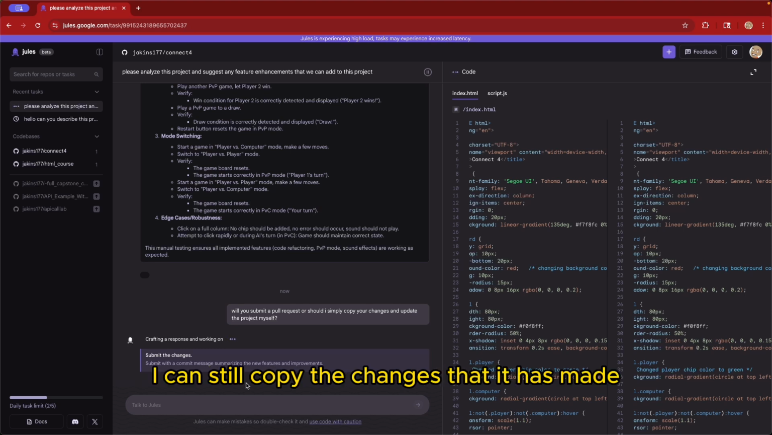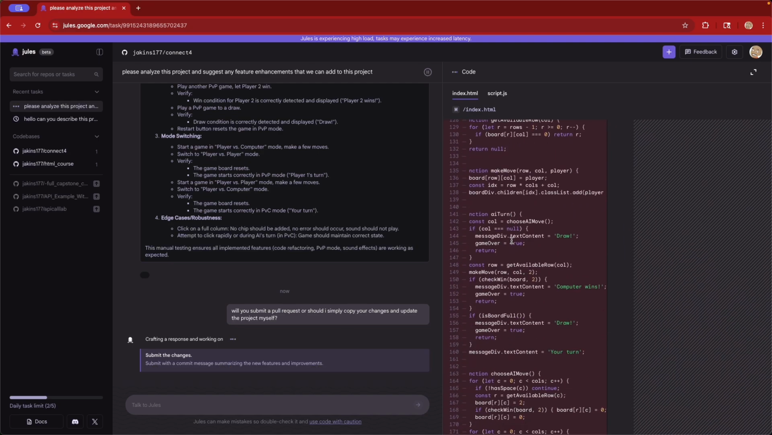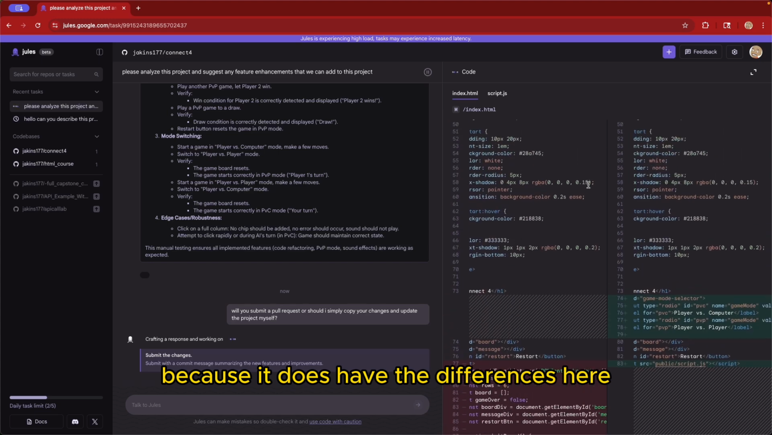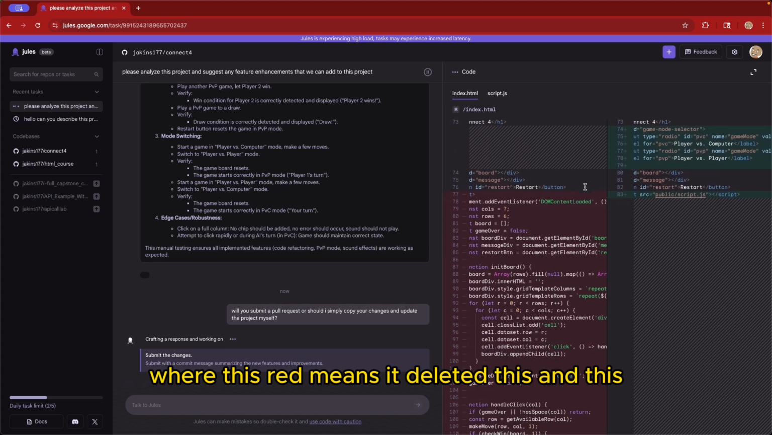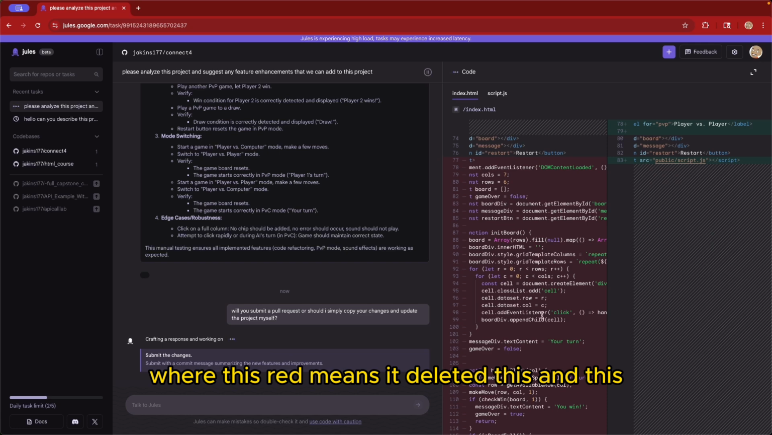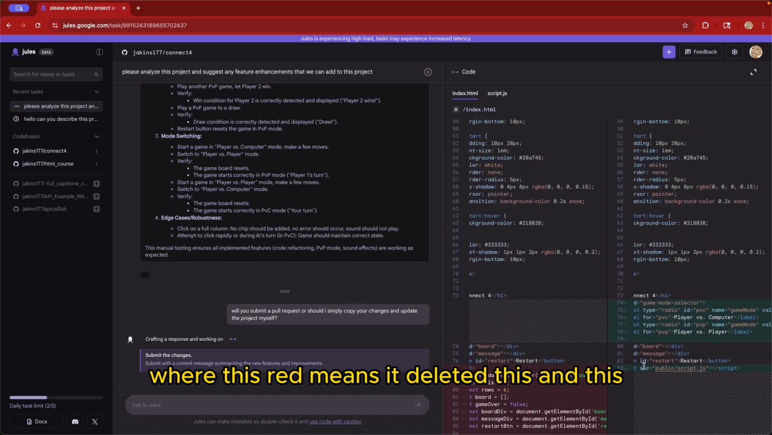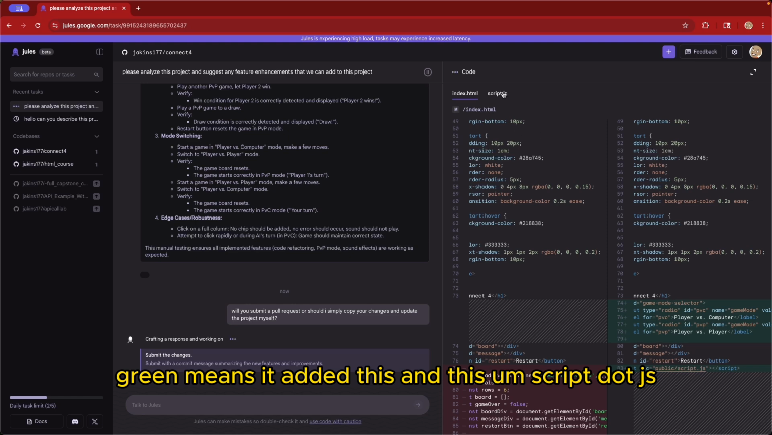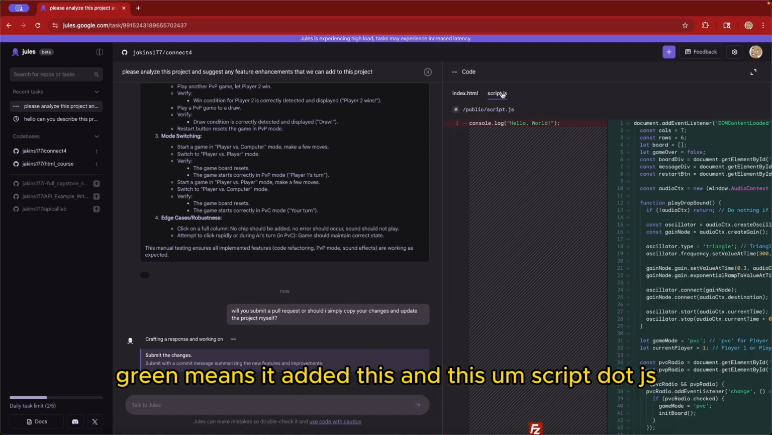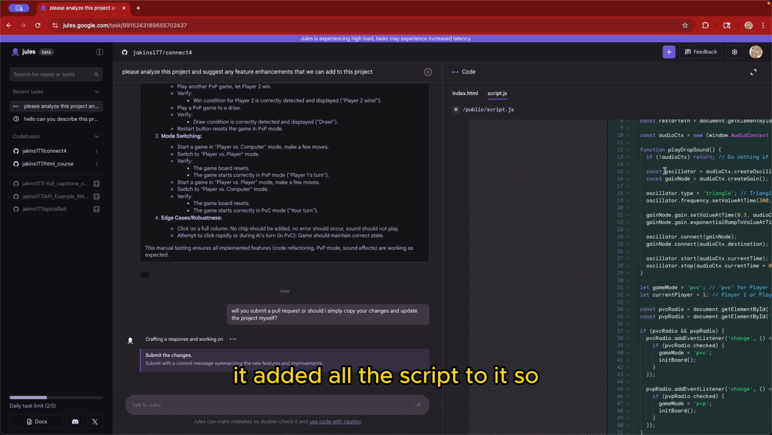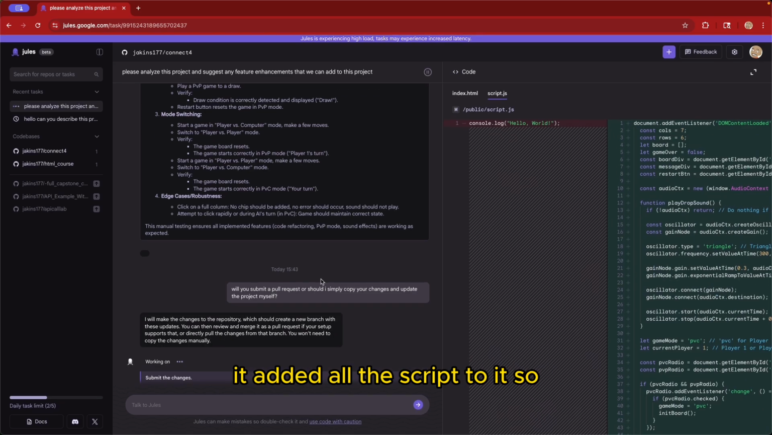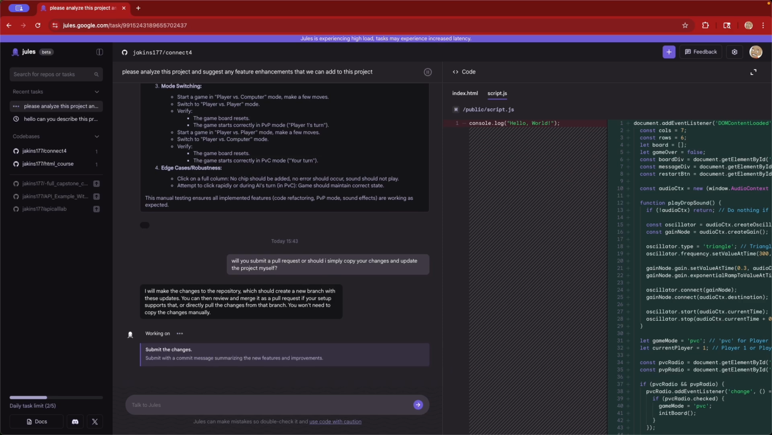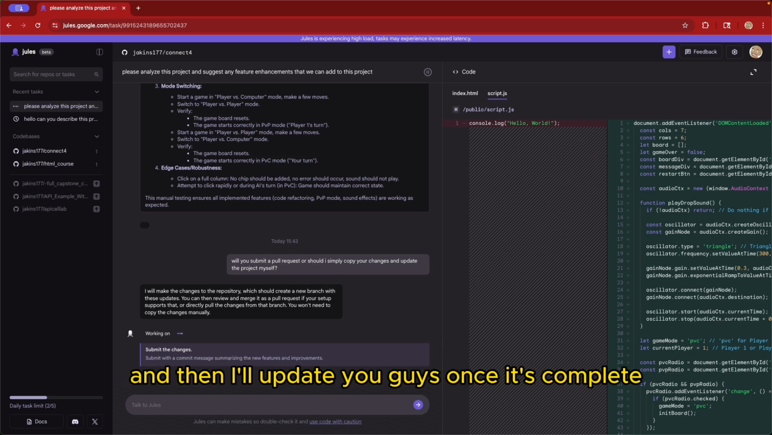I can still copy the changes that it has made, because it does have the differences here, where this red means it deleted this, and this green means it added this, and this script.js, it added all the script to it. So yeah, I'm going to wait for it to finish crafting the response, and then I'll update you guys once it's